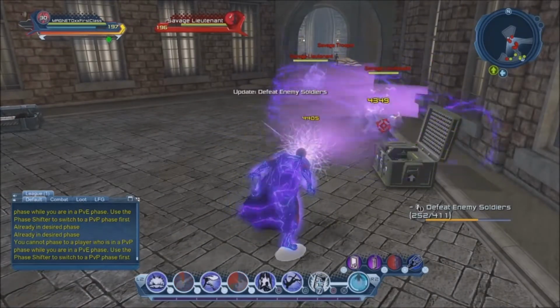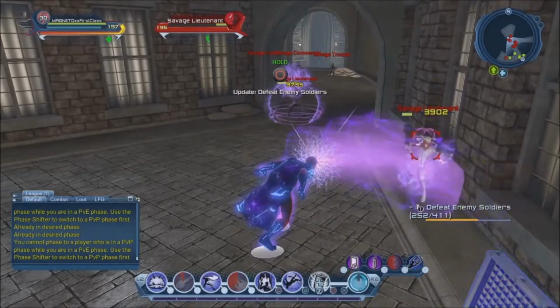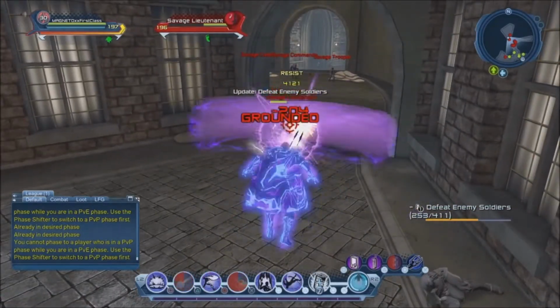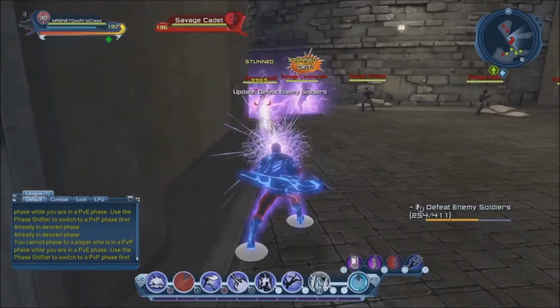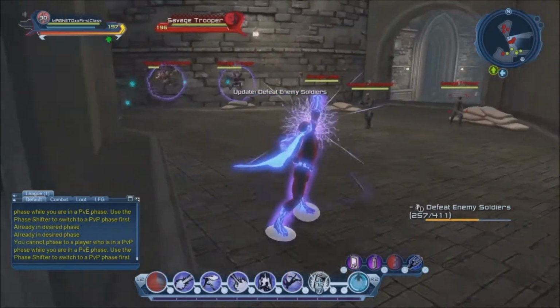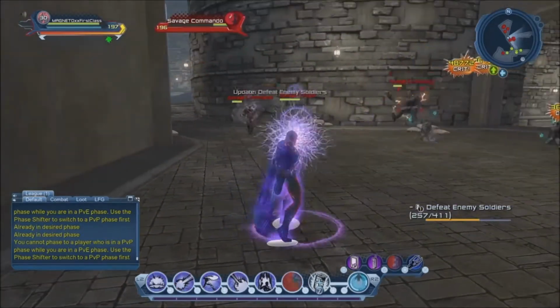If there's two of you doing this mission, one guy could take care of the enemies on one side, the other guy take care of the enemies on the other side, and I'm pretty sure it could go even faster, much faster. So if you have friends, even better. But again, this is pretty much an example of how you can do it fairly easily by yourself, without spending